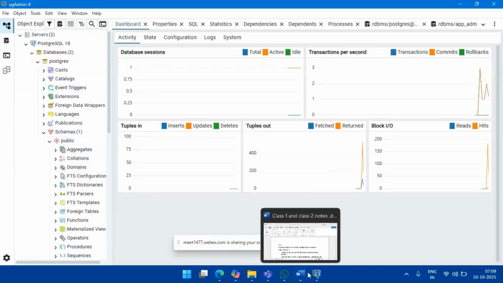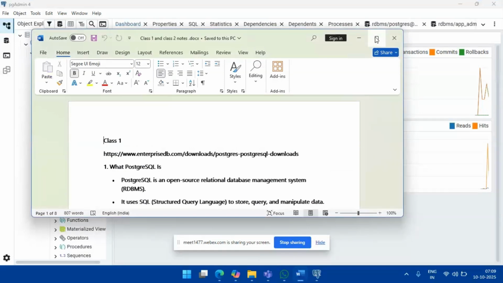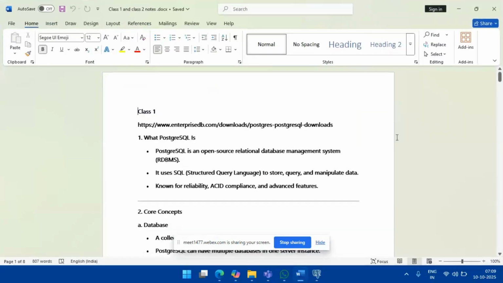So now, first of all, you need to understand, see, what is PostgreSQL. I already explained to you yesterday about the PostgreSQL. PostgreSQL is a